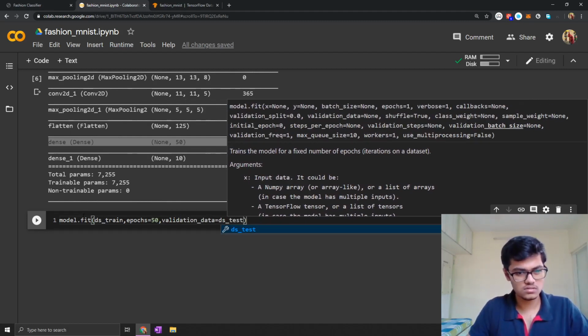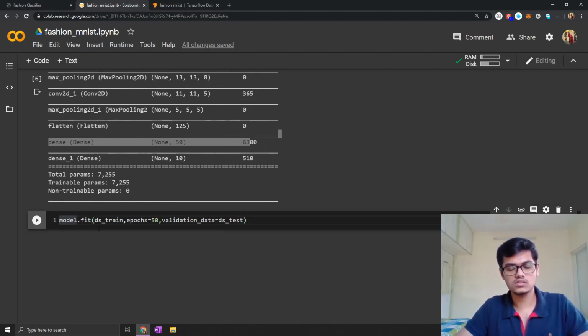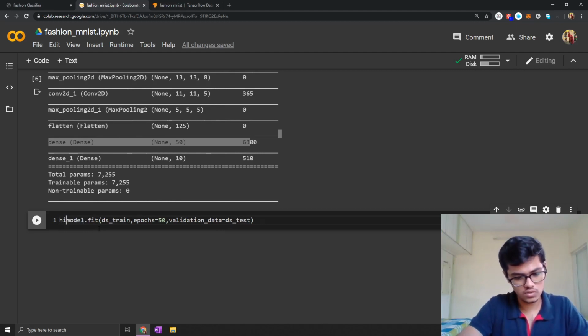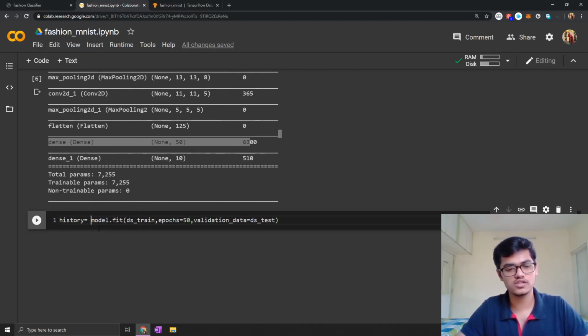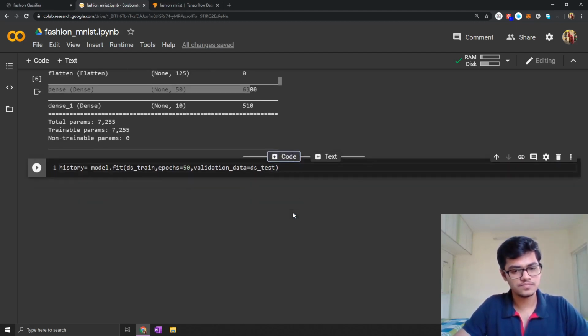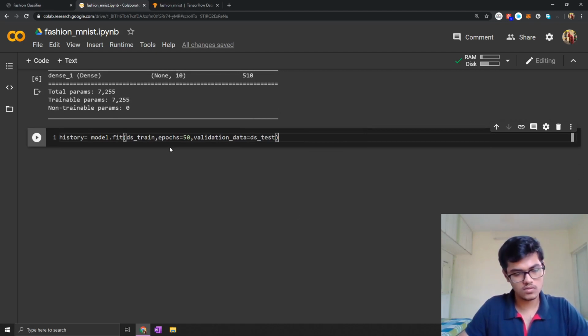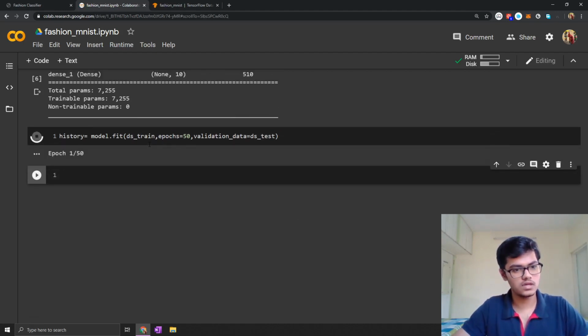To check the accuracy and to plot everything, model.fit actually returns a dictionary with all the values. Okay, so I think we are done here.